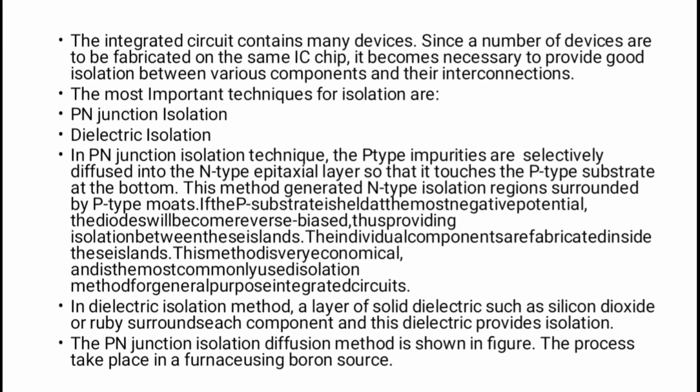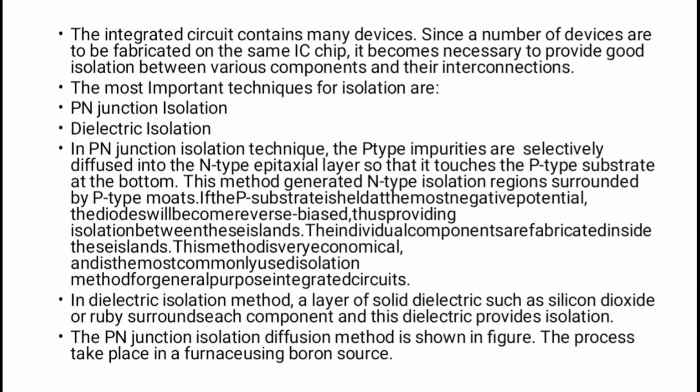In the PN junction isolation technique, p-type impurities are selectively diffused into the n-type epitaxial layer so that it touches the p-type substrate at the bottom. This method generates n-type isolation regions surrounded by p-type material. If the p substrate is held at the most negative potential, the diode becomes reverse biased, thus providing isolation between these islands. The individual components are fabricated inside,